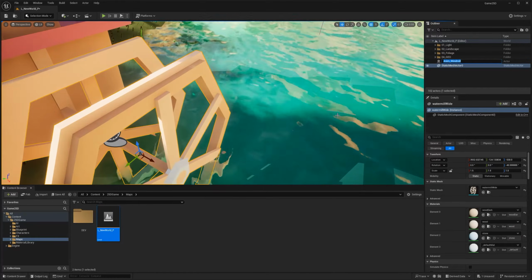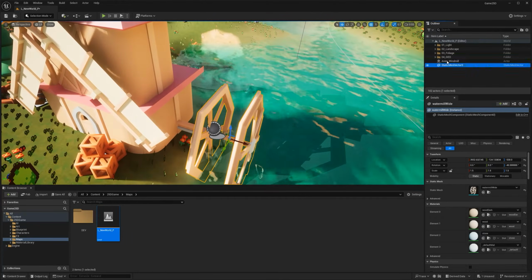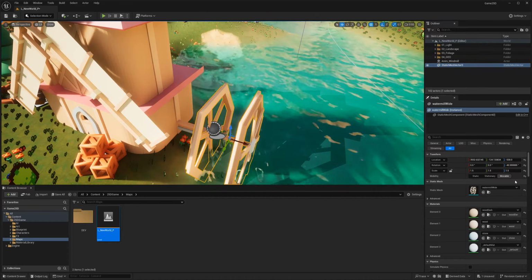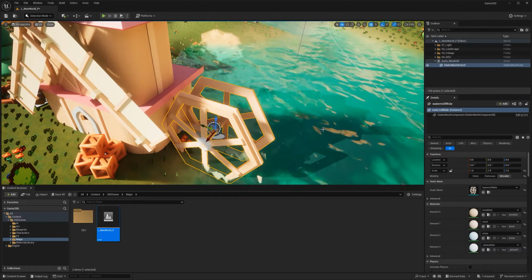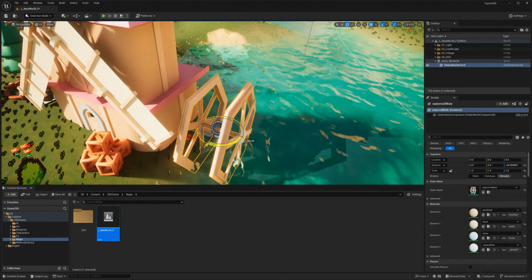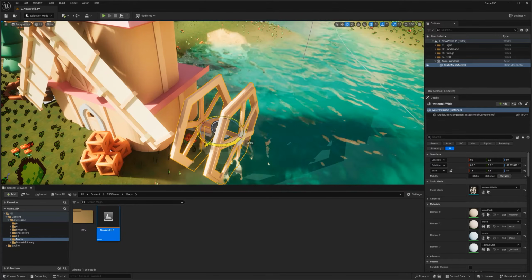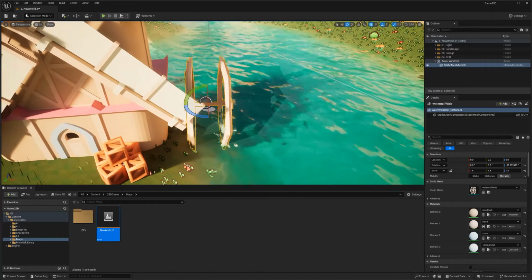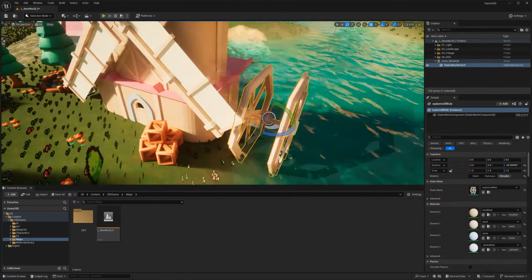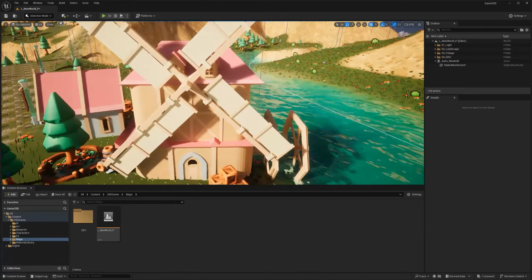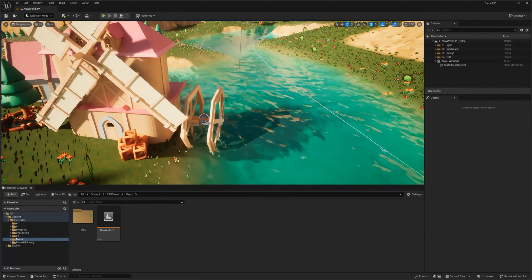And I'm going to Control V inside the static mesh. The static mesh needs to be set to movable because I'm going to animate it. And I'm just going to reset the position and rotate it again by 90 degrees. The reason why I'm doing this is because there are many ways to animate this kind of stuff, but I'm going to use the sequencer to do so. I'm going to let it loop forever.